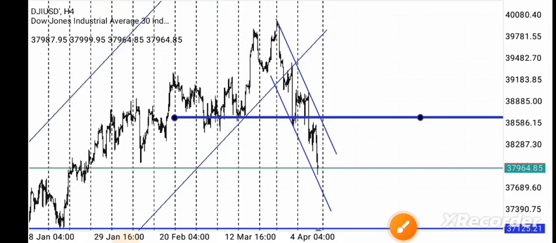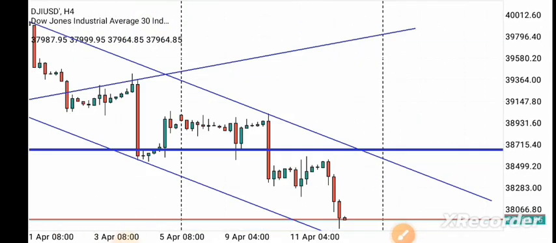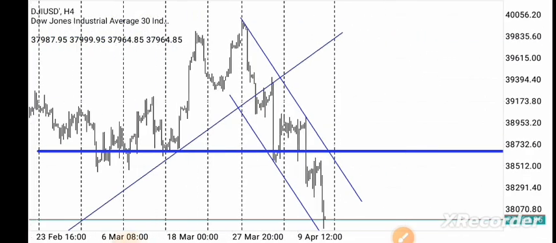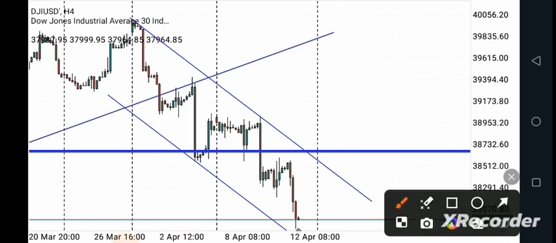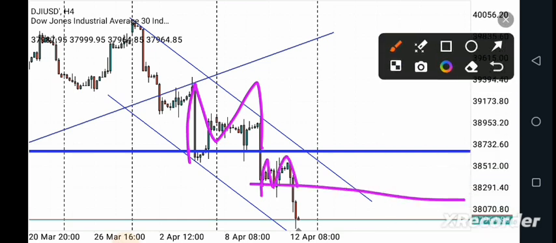Anyway, let's have a look. I'm just going to zoom in again. And what else do we see on this chart? I don't see much really, guys, but I just want to make one more point, and that is that as much as I'm saying that we had the smaller double top, just bear in mind that we have another smaller double top here, which also has a neckline there, right? And as much as I'm saying that your price from this level may head all the way to that level,